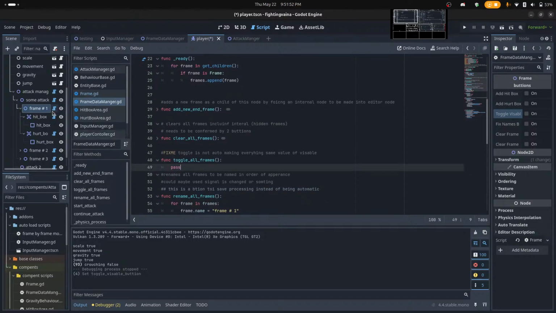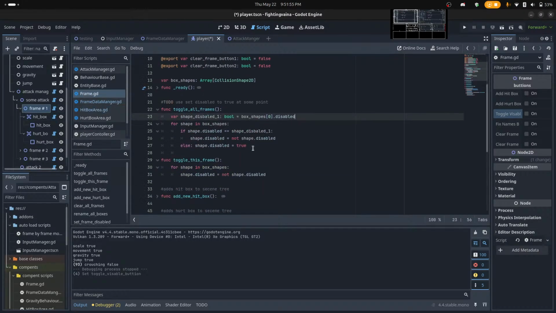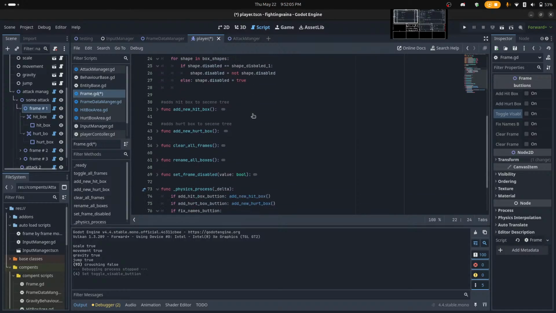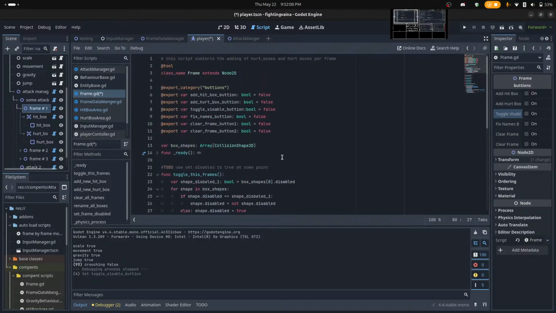Toggle all frames is what we want to fix now. So toggle frames, toggle this frame. First off, this doesn't toggle this frame, this toggles this frame. This frame. I'm speaking in gibberish essentially. So this function toggles just this frame and the hitboxes specifically and hurtboxes, collision shapes. The collision shapes have their disabled toggled from the frame. If I want to disable and enable all of the frames, then